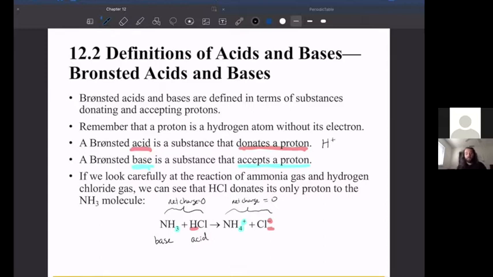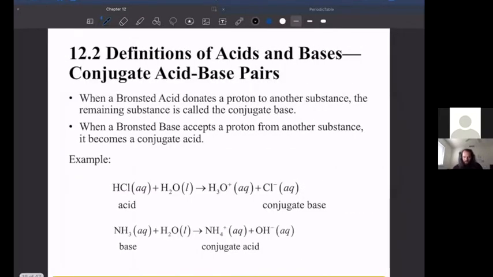Water, for example, can play the role of both an acid and a base. So you don't want to think about it within a particular category: this substance is always this. You want to think about what it's doing within the reaction that's in front of you. If it's accepting a proton, then it's a base. If it's donating a proton, then it's an acid. That's the role that it's playing within a chemical reaction. All right, and we'll see what I mean by this right here, right? So hydrochloric acid will react with water to form a hydronium ion and a chloride ion. Again, the acid is an acid because it donates,